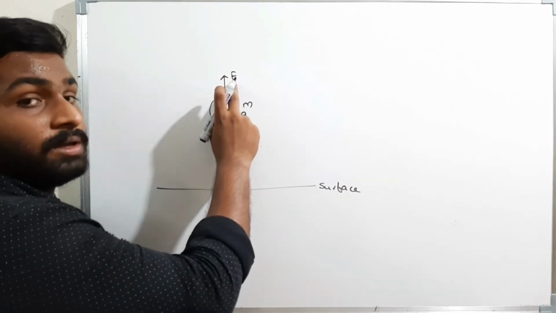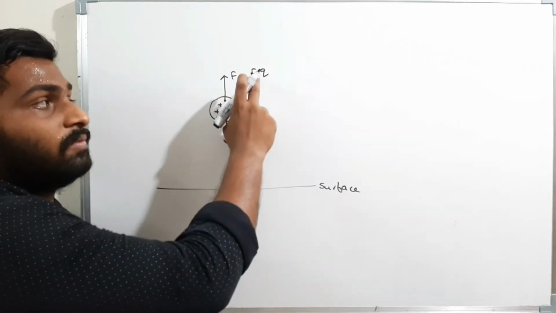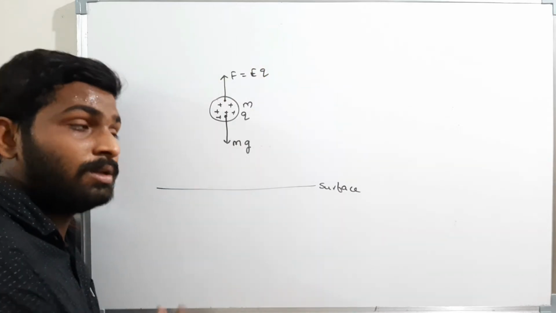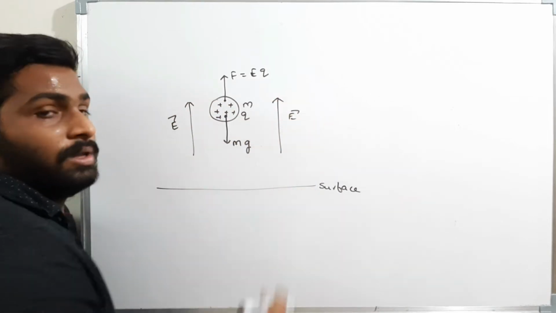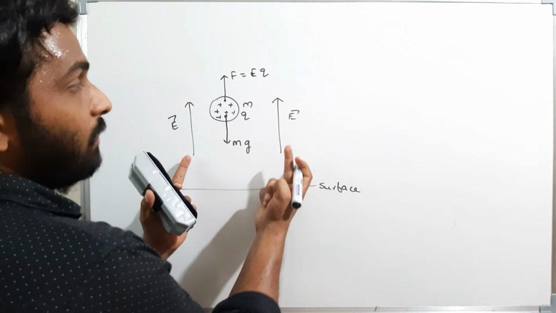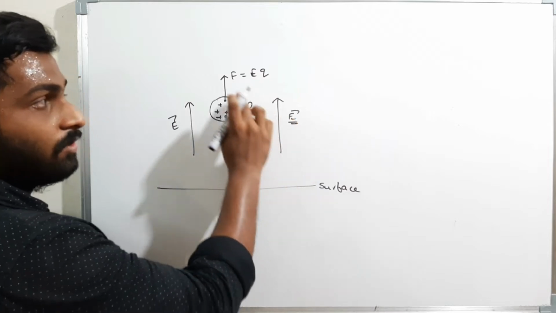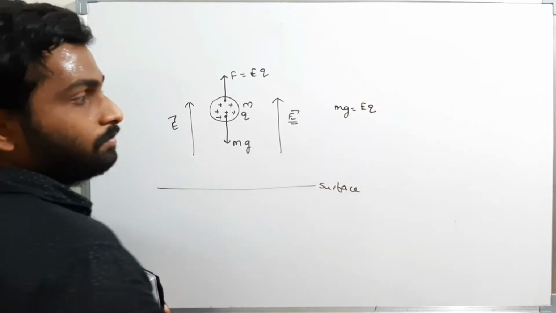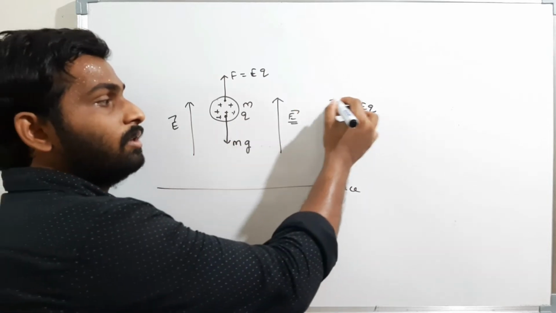Now this F we will get by the electrostatic force, that is E into Q, where E is electric field intensity and Q is the charge of the particle. For this the force has to be upwards. That means the electric field must be in this direction, vertically upwards. If it is a positive charge, then the force and the electric field direction will be the same. Therefore if I apply an upward electric field, this charge will have some force upwards. When I adjust this electric field so that the upward force equals the downward force, that is mg is equal to E into Q, then this will be in equilibrium in the air. Okay, now I got the equation, well and good.